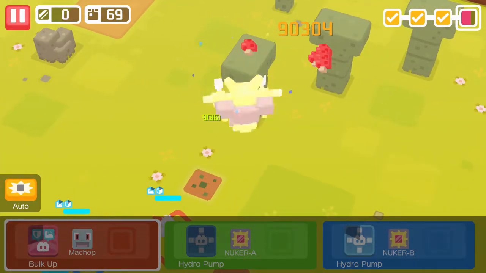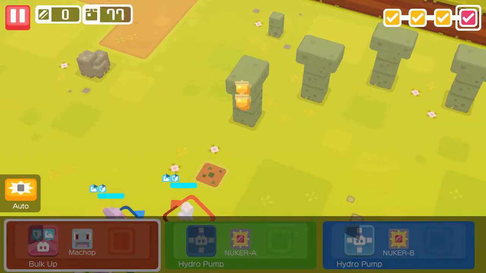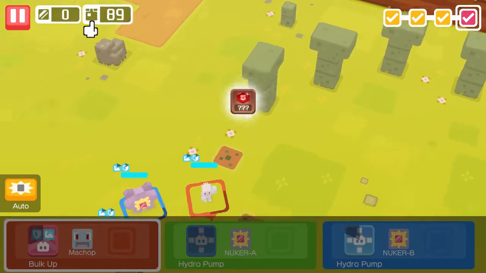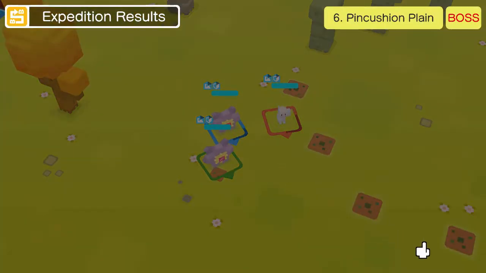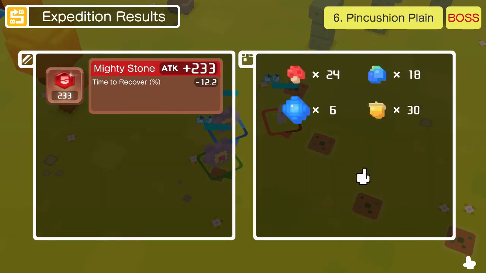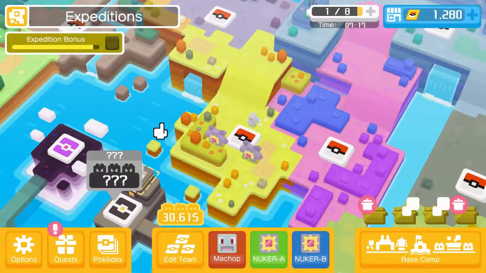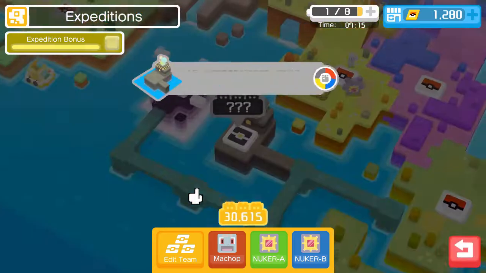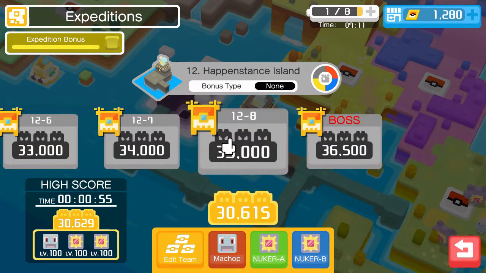Wow, 90,000 damage, crit. But see, when I leave it on auto, I kind of run out of things to talk about. Actually, that's not true. I haven't really found, I know the final map is a good place to farm and everything, but